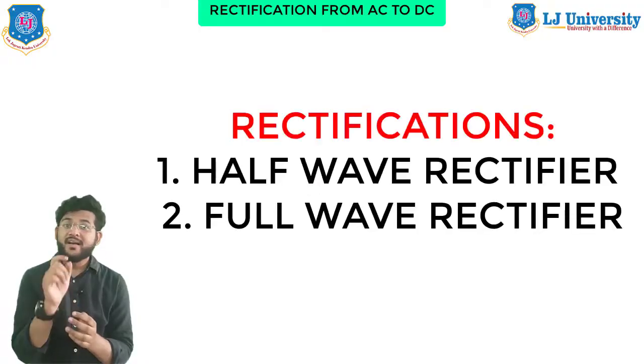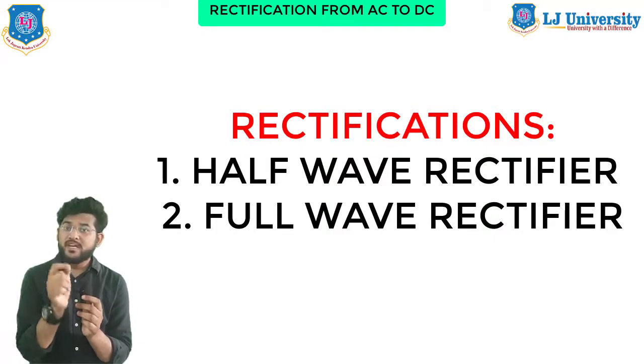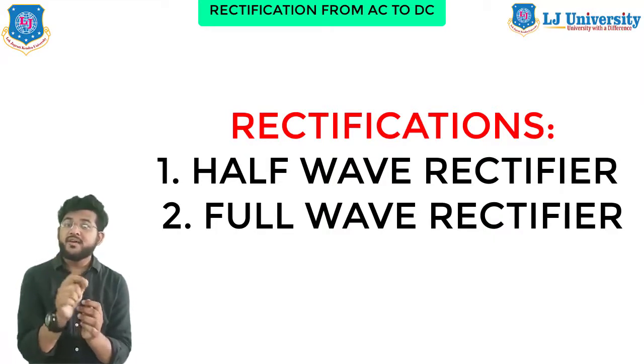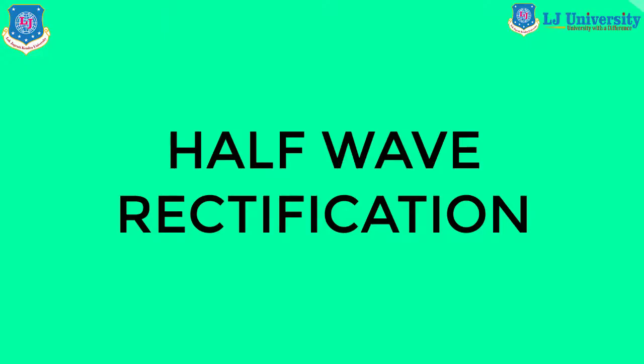Now let's see the rectification from the AC to DC. As discussed, there needs to be DC supply to run the vehicle loads and also to charge the battery. Now as an alternator produces three-phase AC voltage, it needs to be rectified to the DC. The principle of the operation is also just like this.